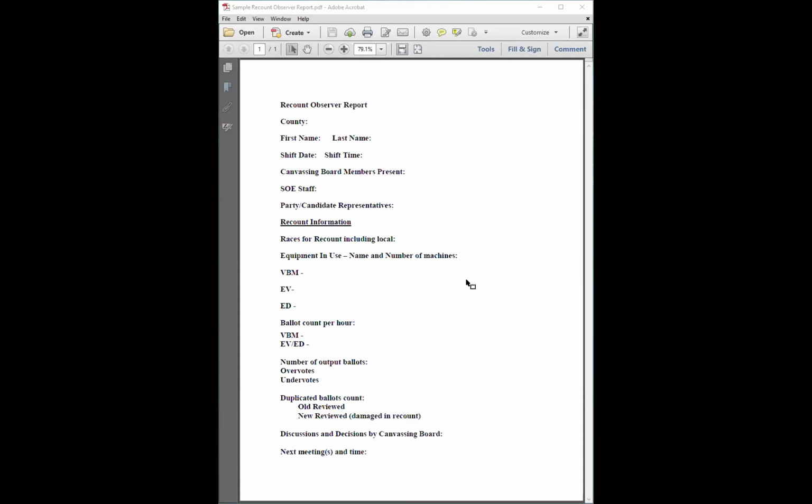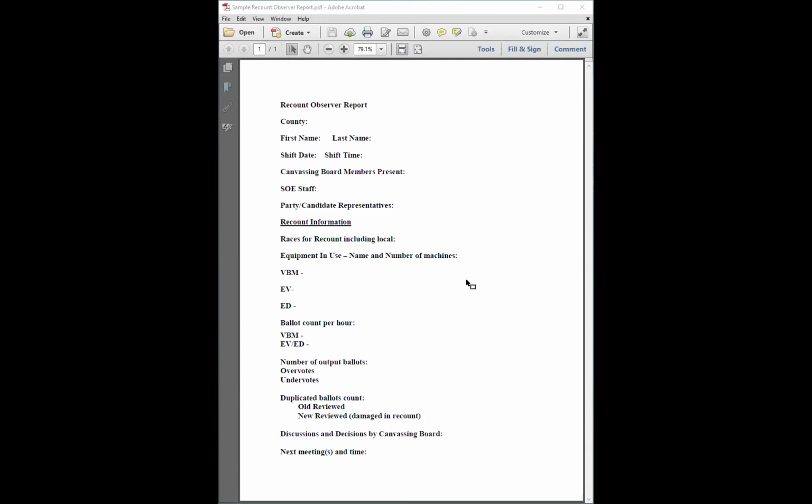The supervisor of election staff may provide you with information about how many ballots they're able to count in an hour on their high-speed vote by mail centralized counters or on their precinct counters that they're using for early voting and election day. You might be able to count it yourself. It will help them with their long-term logistics math that they need to do to make sure that they meet the 3 o'clock deadline on Thursday, November 15th.